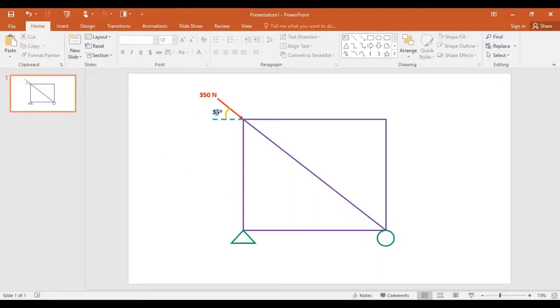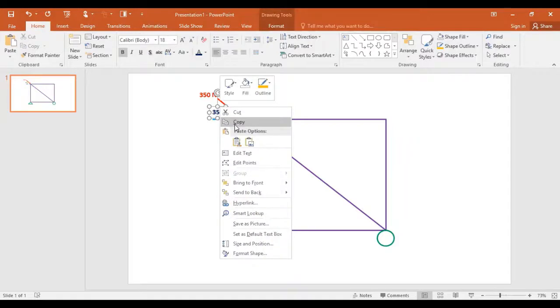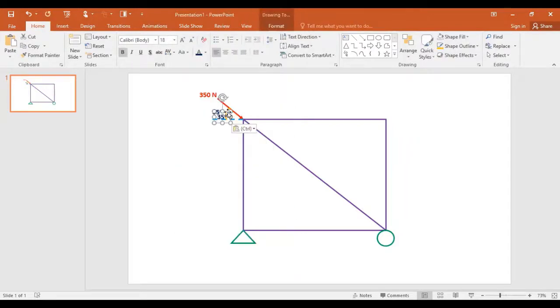Now I have to write down the sides A, B, C, D. How can I write it down? For example, this side is A, this one is A, and I am putting A here. You can see this one is A, and I will copy this one.